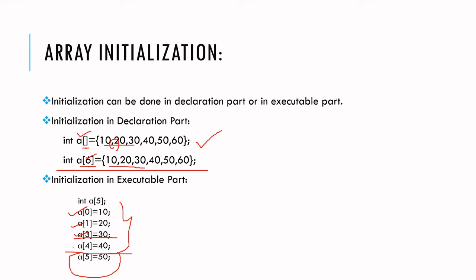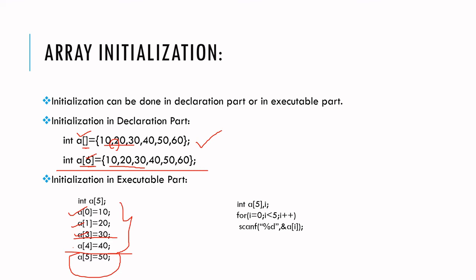But if it is 50 elements or else 500 elements, it is quite complicated for us to type 500 lines of statements. So in order to reduce the length of the code, we can make use of the for loop so as to initialize an array. So what I'm doing here is int a of 5, and then I'm declaring the counter variable i and putting a semicolon. I'm going to make use of the for loop since I know very well which is the starting index and which is the ending. Since I know the lower limit and upper limit, I can make use of the for loop.